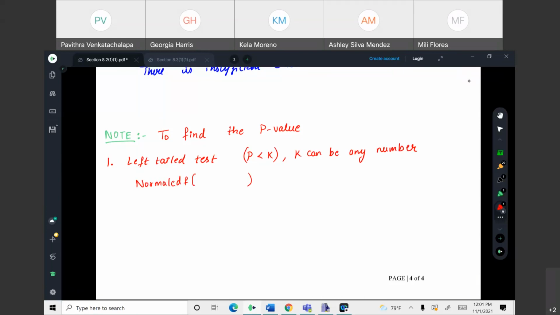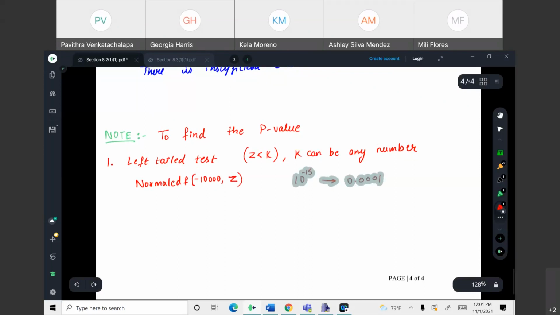If it is a left tail, enter minus 10,000 and then your Z value, where Z is less than some number K. Use 10,000 instead of 9999, so that sometimes you get 10 power minus 15, that will reduce to 0.0001. Okay, so you can do this, and if you have right tail,